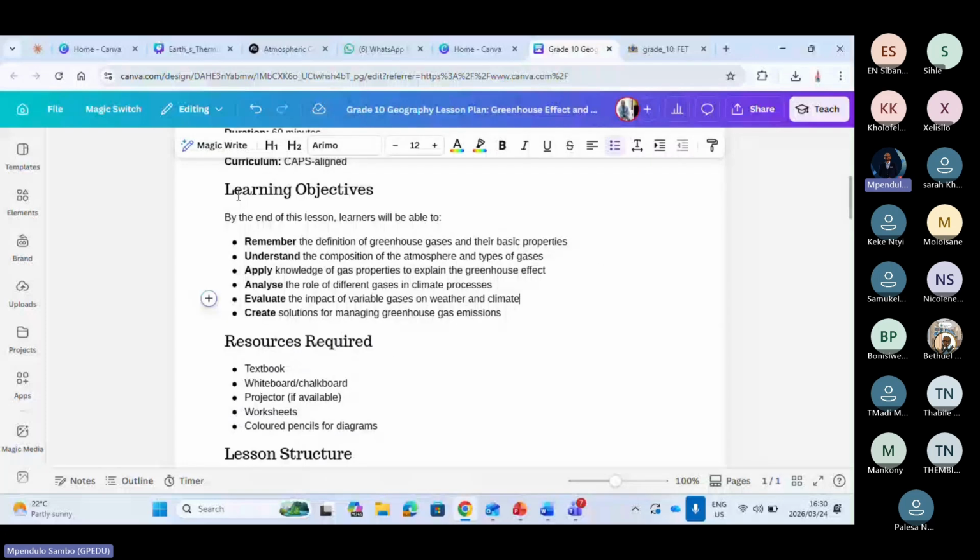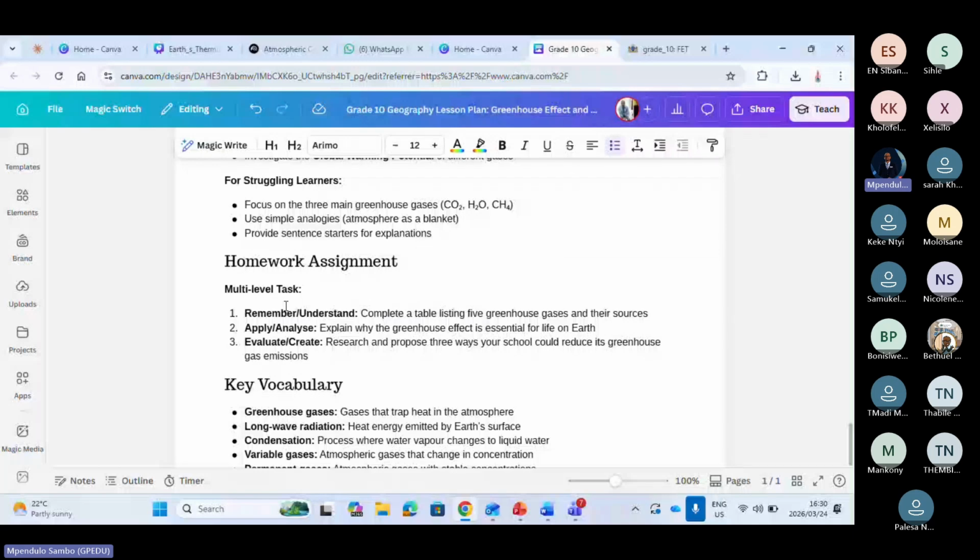You cannot go to the classroom and say, learning objective, remember, understand. No. You need the actual content, which is where most of us are getting it wrong, because you'll go to the AI tool, you'll prompt it to give you a small piece of information, but still you haven't got what you are looking for. Okay, let's check. Let me go down. I want you to see what I'm talking about. Okay, there's a lesson plan. It shows you the homework alignment and so forth. Okay, this is what you need to do in order to get the actual content. Remember, I do not need this. I'm going to remove this.